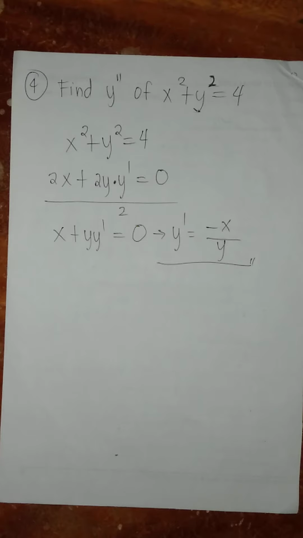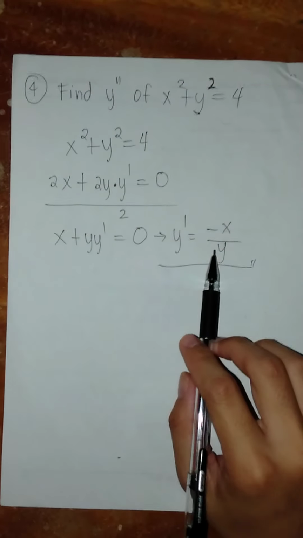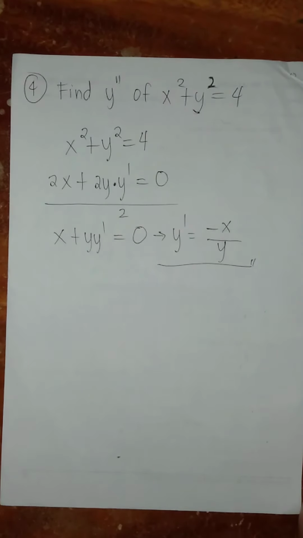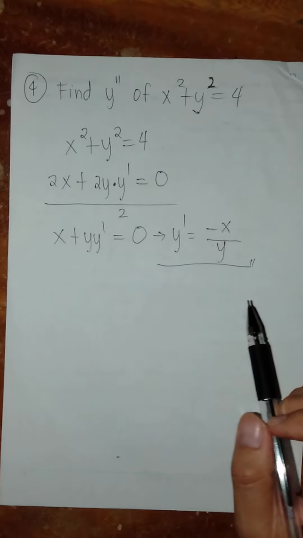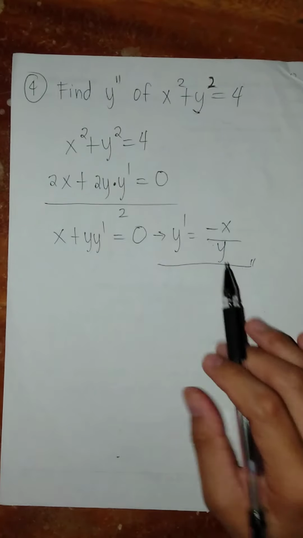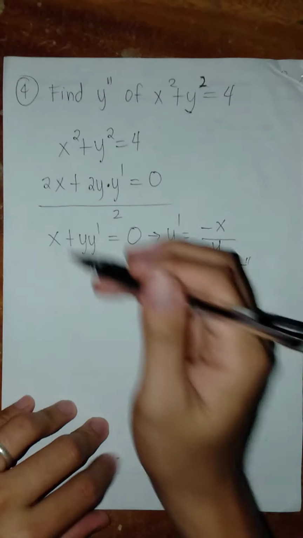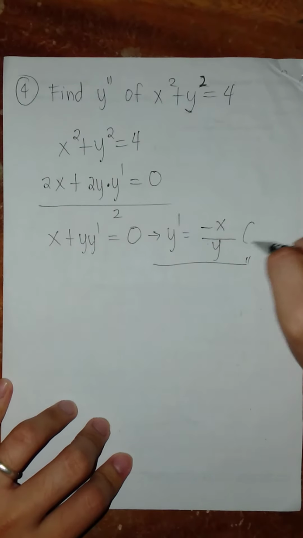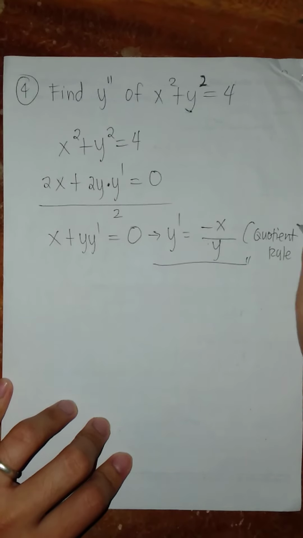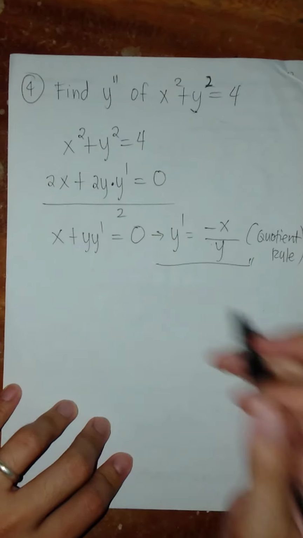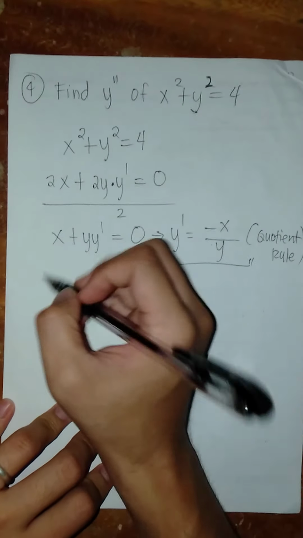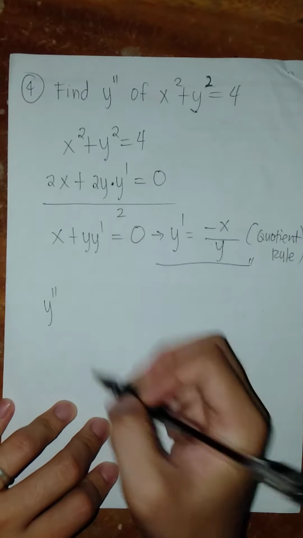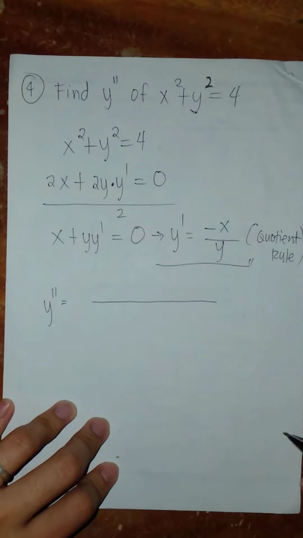Then, how do you get the second derivative? Pwede dito, you can solve this using this function or pwedeng ito. Ito na lang gamitin natin. Mag-quotient tayo. Let's try to use quotient formula. Para ma-review din kayo, by applying quotient formula, or quotient rule of differentiation, to get the second derivative. Now, derivative of y prime, so y double prime is equals to, quotient rule is